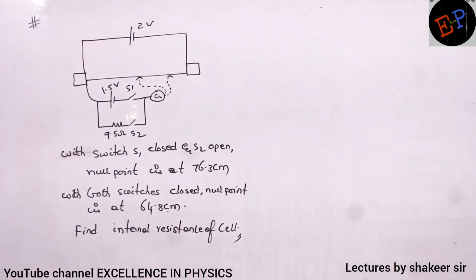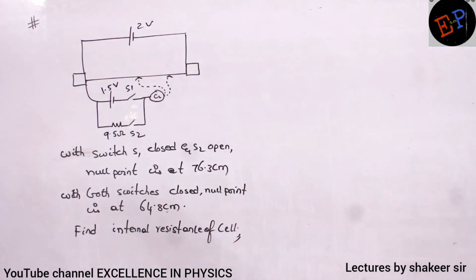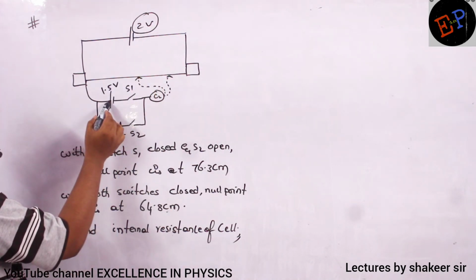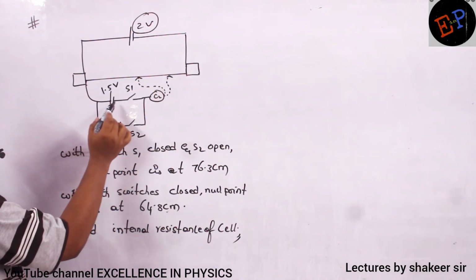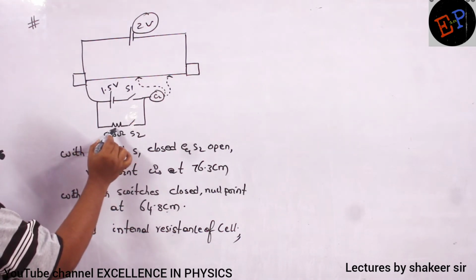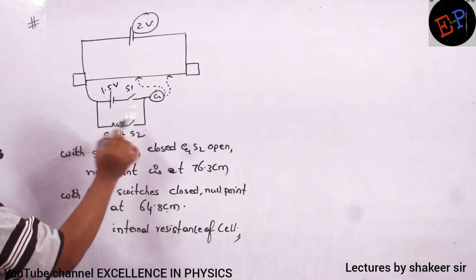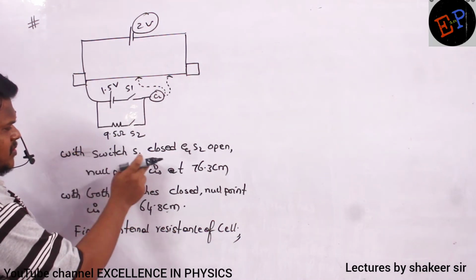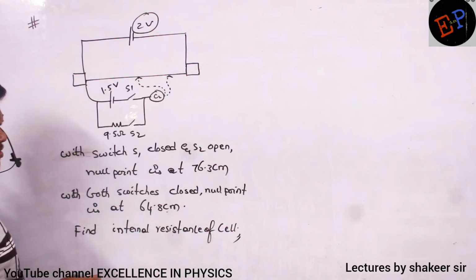Okay, see this question. This is a potentiometer. Supply potential is 2 volts. Clear? And this is a cell of EMF 1.5 and there is some internal resistance for this cell also. And there is an external resistor which is connected whose value is 9.5 ohms and there are 2 switches. Clear? So first, when switch S1 is closed and S2 is in open condition, null